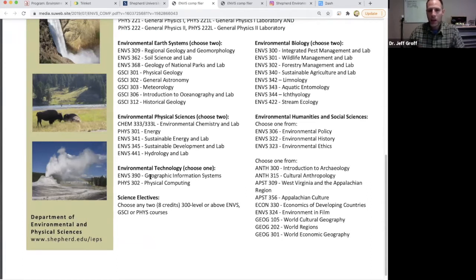And then over here, environmental studies, you look at this layout and you get the sense that at Shepherd, environmental studies is very science intensive, very science heavy, and that's definitely true. We are, science is a very important part of what we do, probably the most important part of what we do. But environmental studies includes aspects of the social sciences and the humanities, and that's a part of our major